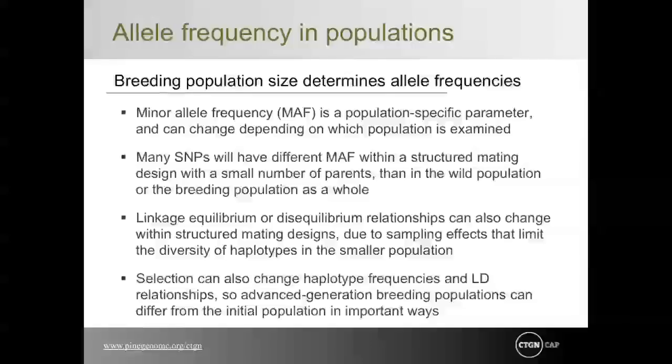The example scenarios showed how LD changes with differences in allele frequencies among SNP marker loci, typically chosen to have relatively high minor allele frequencies, and mutations that cause differences in phenotype, which may be rare alleles with very low minor allele frequencies. In a breeding program, however, allele frequencies can be manipulated by structuring the mating design and size